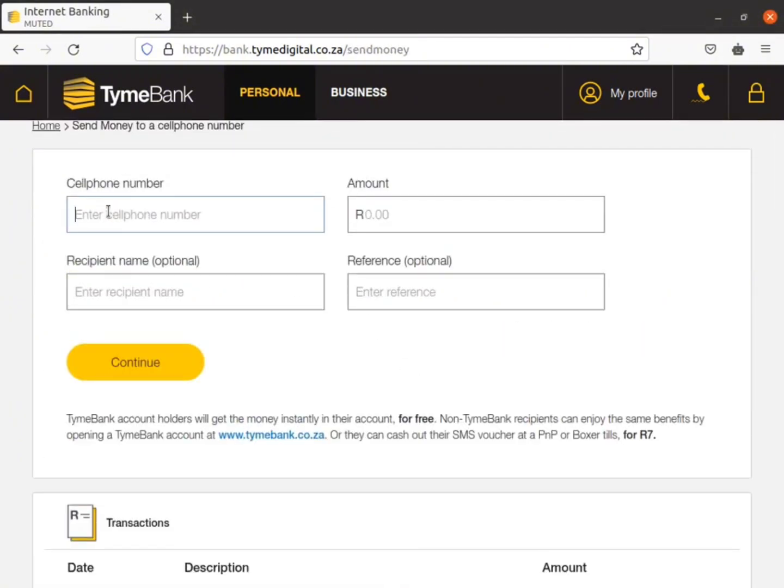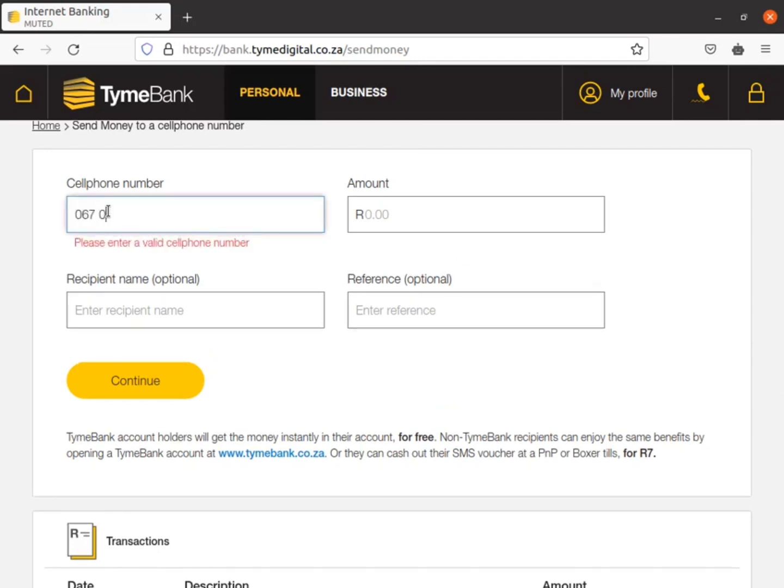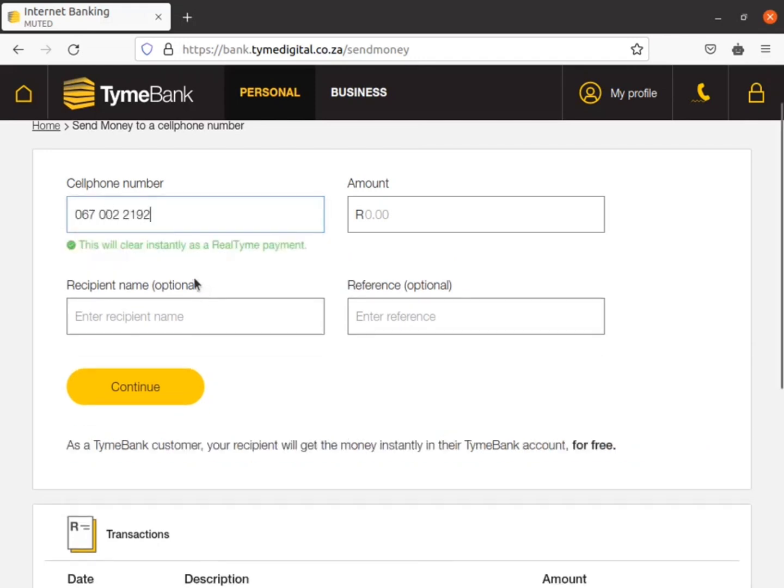Scroll up into this section and you'll be able to find this required information, and here you'll need to enter the cell phone number of that specific user to whom you want to send money to, the amount of money that you want to send to that user. You need to enter the recipient name and provide a reference number if you want to provide a reference number